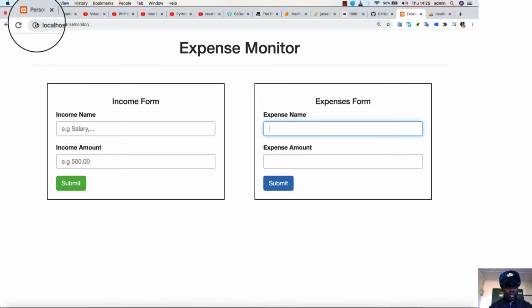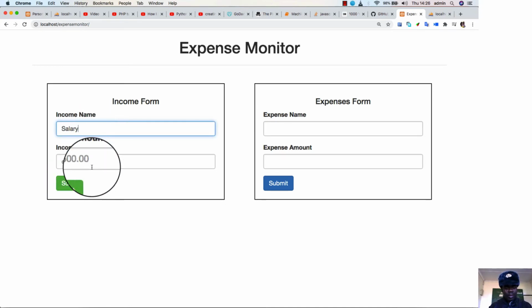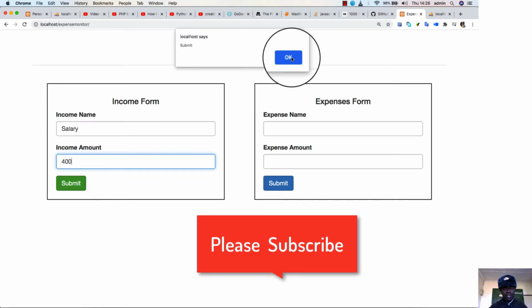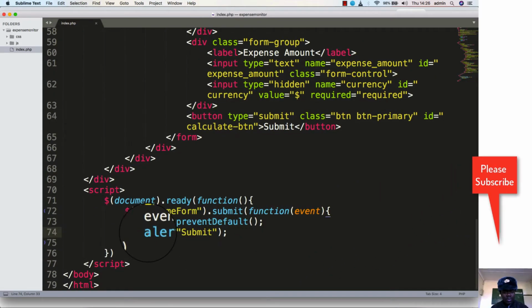Get back to our browser, refresh, then we check. Filling salary, amount, submit. So it is working. So let's process this to